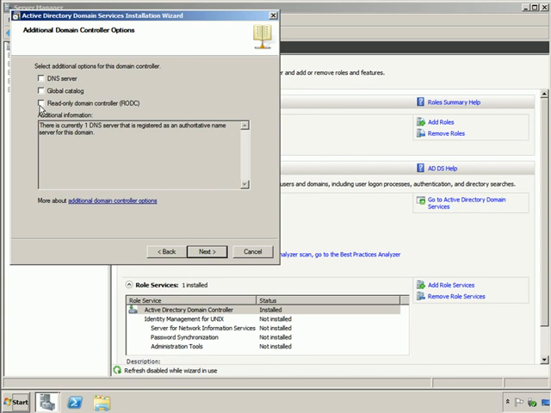What I want to do here, because this is supposed to be as close as possible to an exact replica of the first domain controller in this domain, which is the forest root domain, is say that we want to be both a DNS server and a global catalog server. Because we want to be as much of a duplicate as possible to that first domain controller. So I click Next,